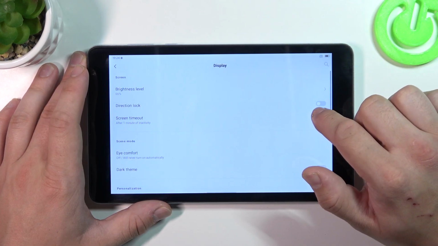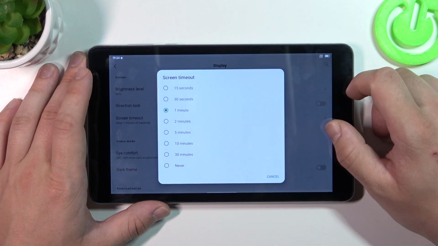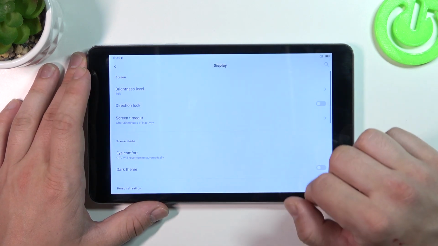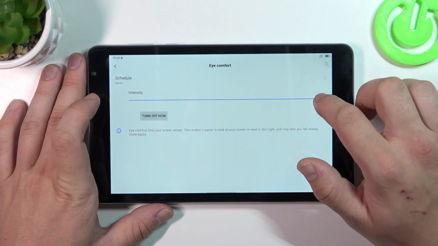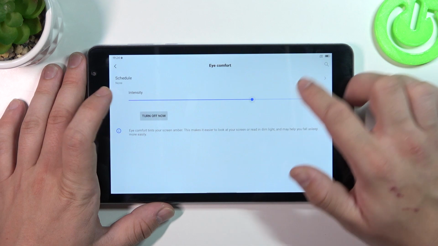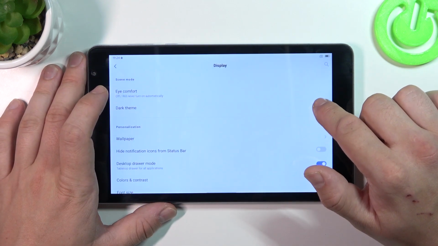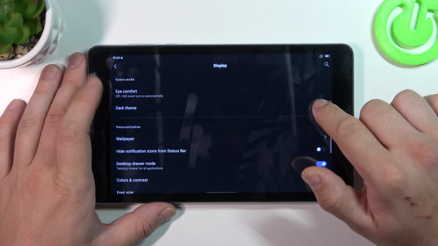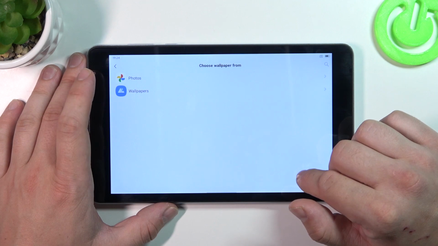We can enable and disable auto rotate screen, change screen timeout, enable eye comfort mode and adjust it and schedule it, enable or disable dark theme, change wallpaper,